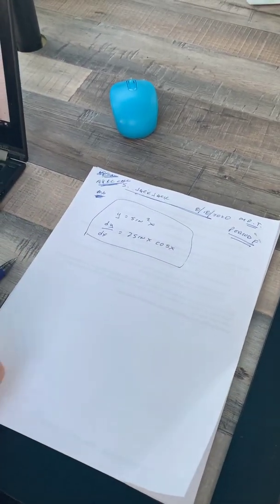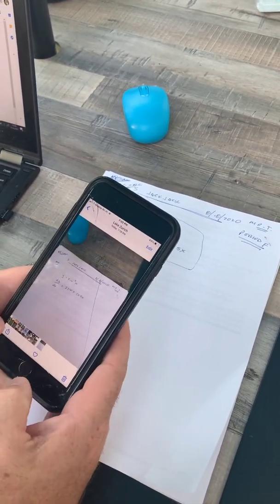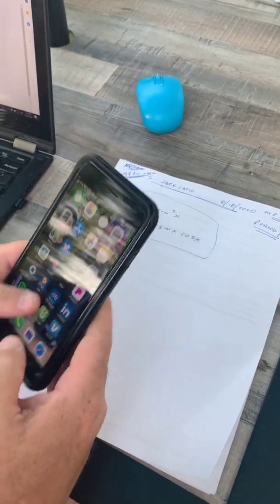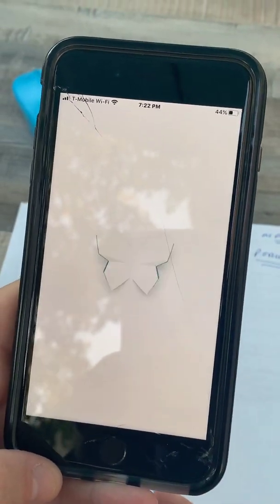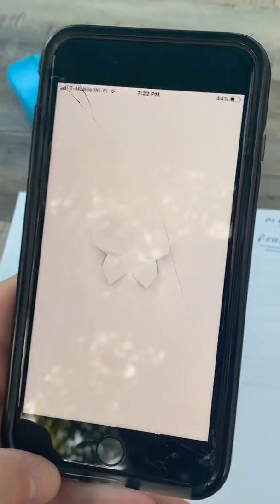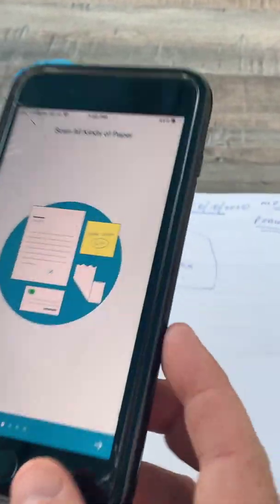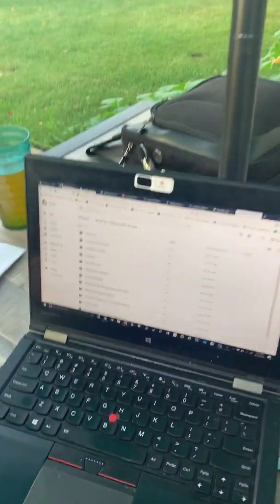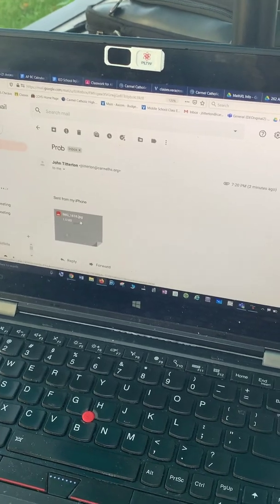So you get the camera out, you take a picture, bang, there's your picture. And then you hit the button down here and send it to yourself, just by mail. Another option, if you can zoom in and see this, is CamScanner right here. It's pretty handy, a little butterfly thing. Actually, I'm not sure if this is the one I use. Scannable, Evernote Scannable, and it'll grab whatever you want and scan it in from there. We had to do that last year for the AP test. Anyway, you mail it to yourself, and it shows up here from me, and we click on it,